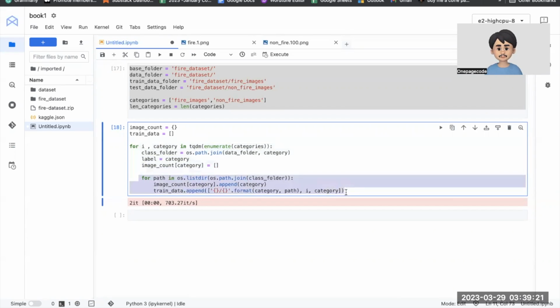Loop through the image file paths in the current category folder using os.listdir(os.path.join(data_folder, class_folder)). For each image file path, append the category name to the list in image_count[category]. This will result in counting the number of images per category. For each image file path, append a list to train_data containing the following elements. A string that represents the relative path to the image file, formatted as